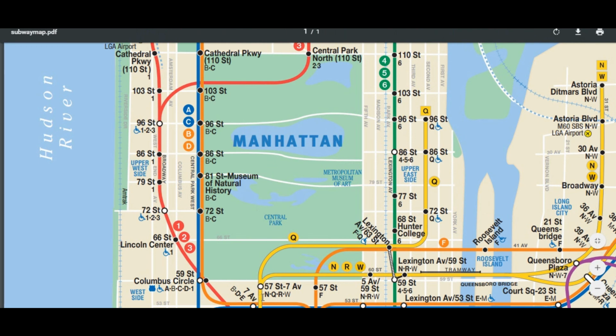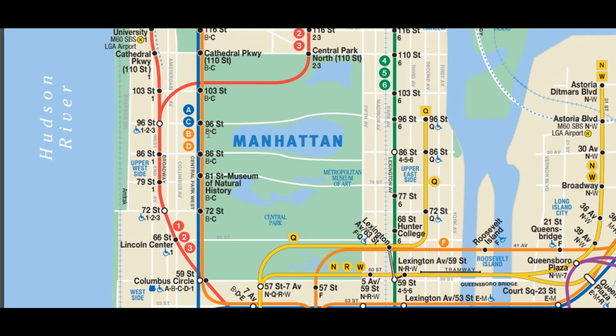In today's world, there are actually a number of subway lines which run underneath Central Park. So we can see here. The other thing also over here, you can see that there are roadways which run across Central Park, but they're actually in cuttings, so that when you stand in Central Park and look across, you can't see the cars and buses travelling through. And when we were in New York City at that time, we actually travelled from the Museum